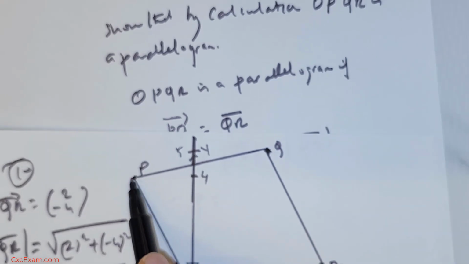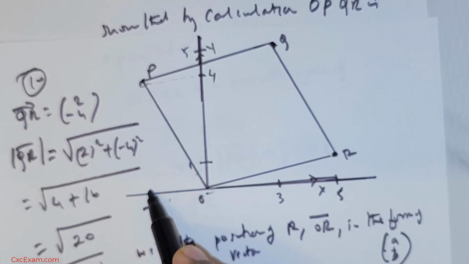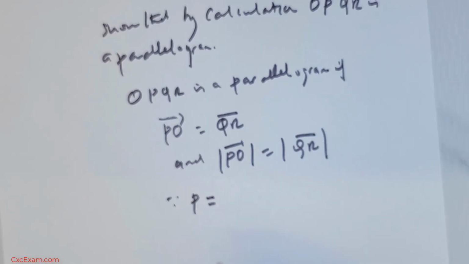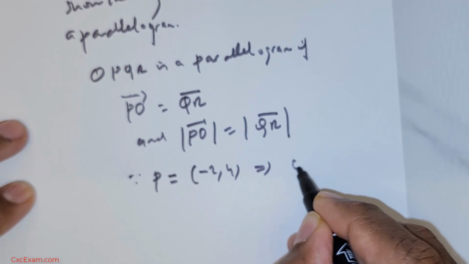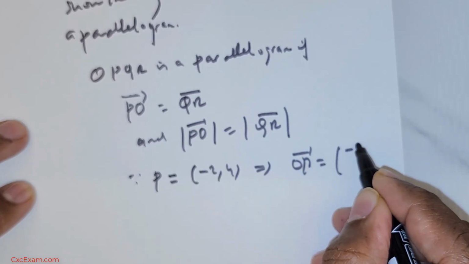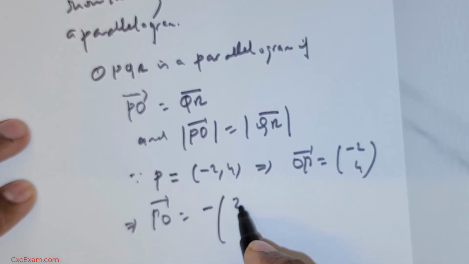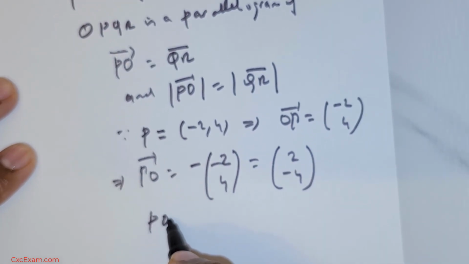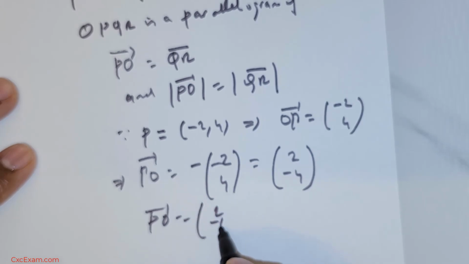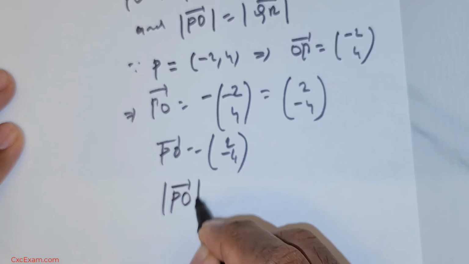Okay, you see here I already mentioned this point is 4 and the drop is going to be at negative 2. So P is (-2, 4). This means position vector OP is (-2, 4), but I don't need OP, I need PO. So PO is equal to the negative of (-2, 4), which is equal to (2, -4). So my PO is (2, -4),